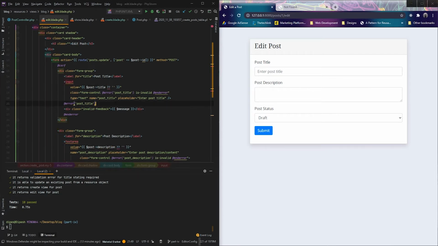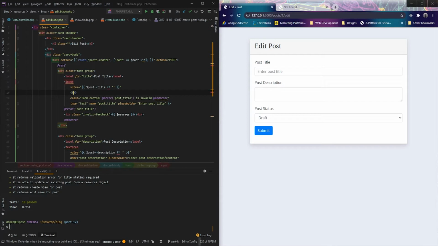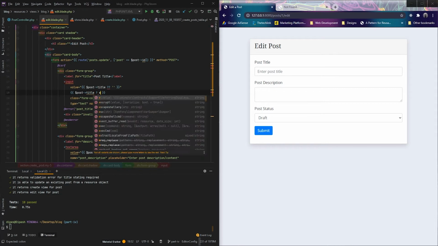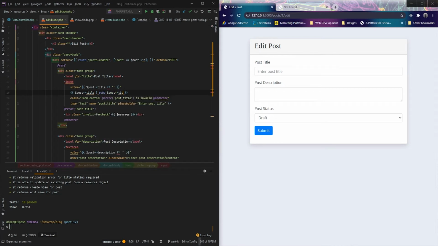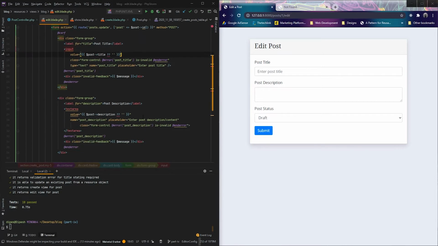This is a ternary operator. Initially, what we'll do with the tool that we have seen is we can just do this, post as title equals post title. It's a shorthand form of this, as you can see. So let's save it and refresh. So it's displaying the